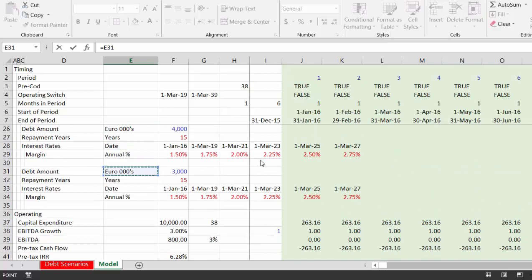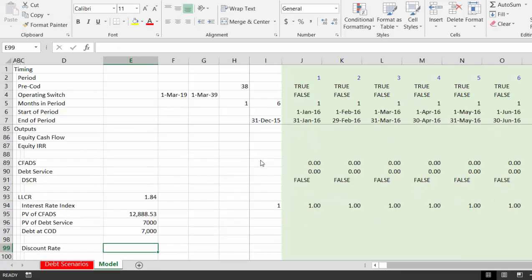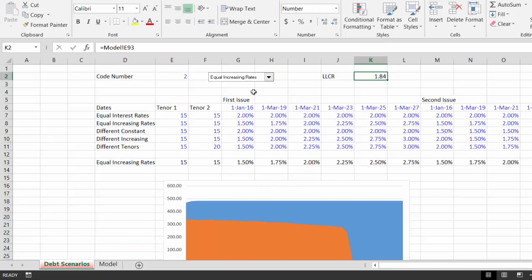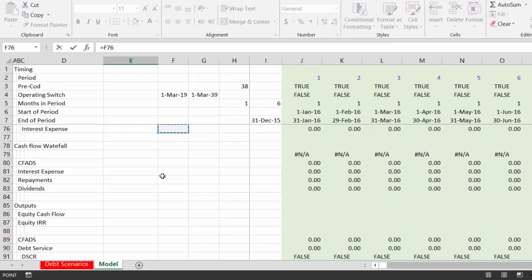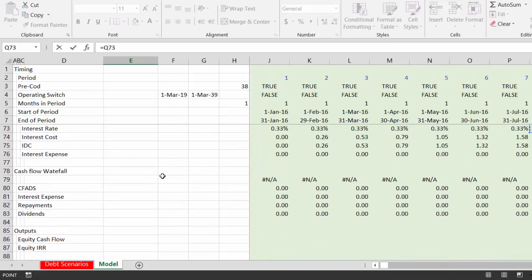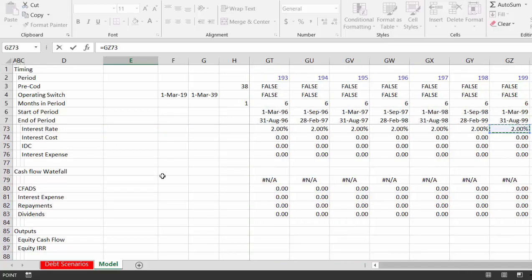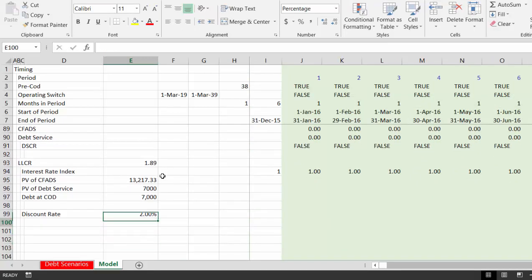We were supposed to be equal. Okay, if we just put our equal discount rate in, I'm going to be kind of silly and take the interest rate. This is the semi-annual rate. And then for the CFADS,